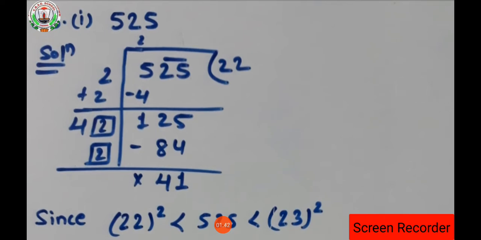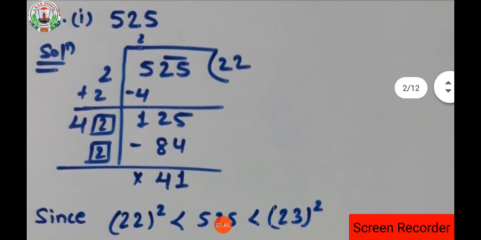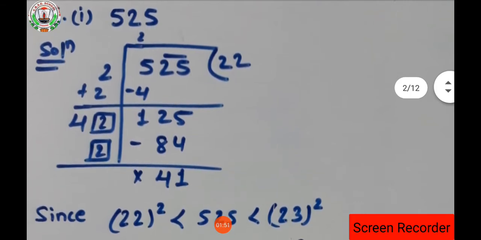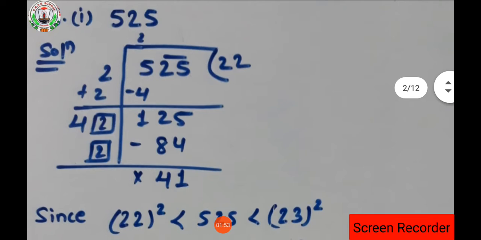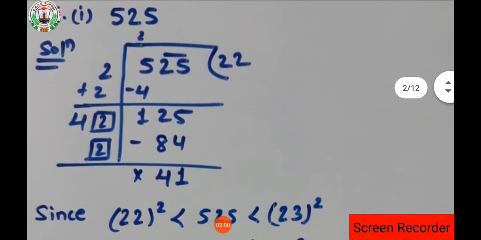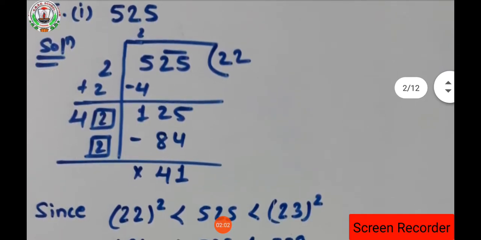So what is the number with the remainder? 125 will be the number, isn't it? Now, as per the rule, we will add the quotient digit to the divisor, that is 2 plus 2 will become 4. Now we have to think of a number such that the product we get is either exactly 125 or less than 125, isn't it? So we are getting 84. When that number is subtracted from 125, we will get 41, isn't it? So here, dear students, what is the quotient? Quotient is 22 and remainder is 41.